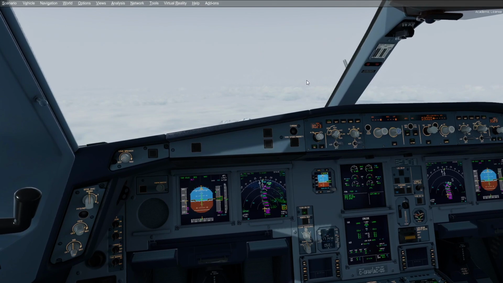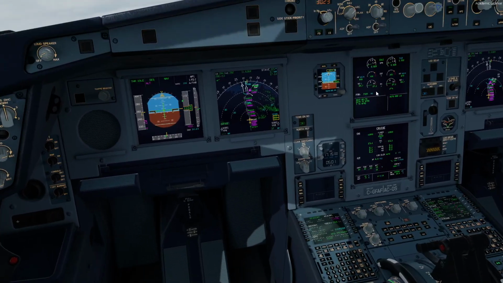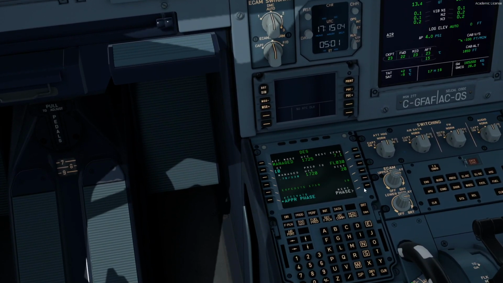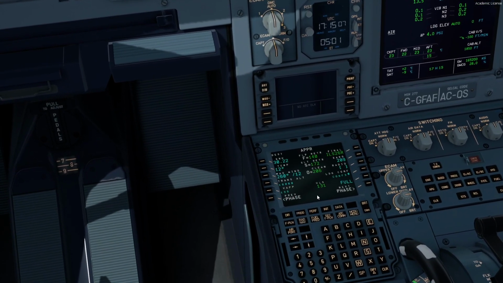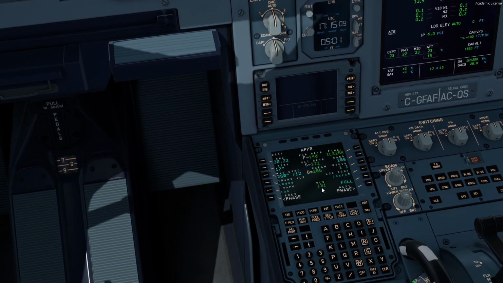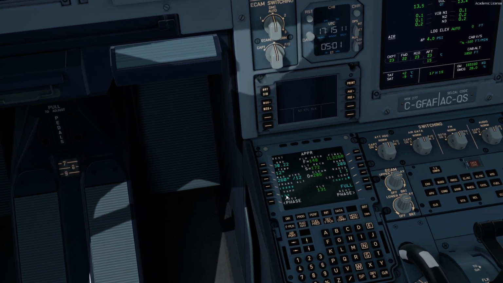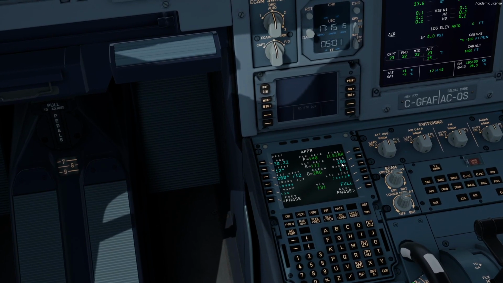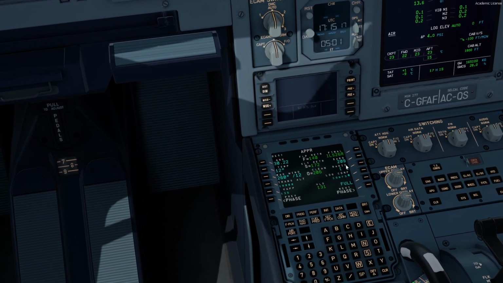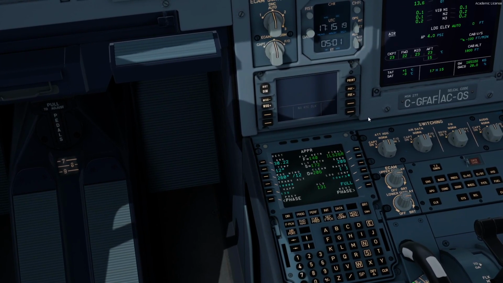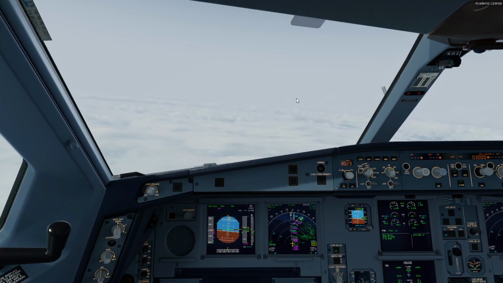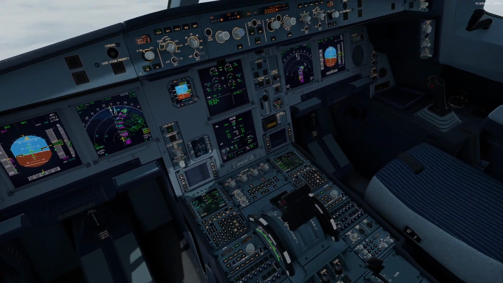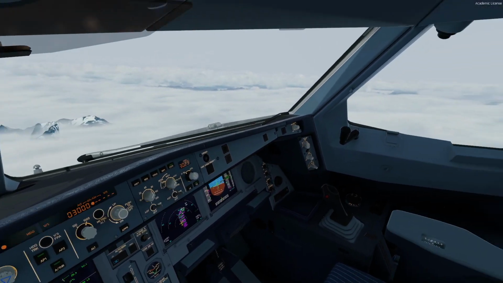I have set autobrake low since we are fairly light now, and approach speed is not too high. Let's double check. We have config full, 131 plus 5 makes it 136, and so autobrake low should do. Decision altitude is 209 feet, also pretty standard for an ILS. And yeah, so we are all set in that regard, and now we're really just waiting to get close to